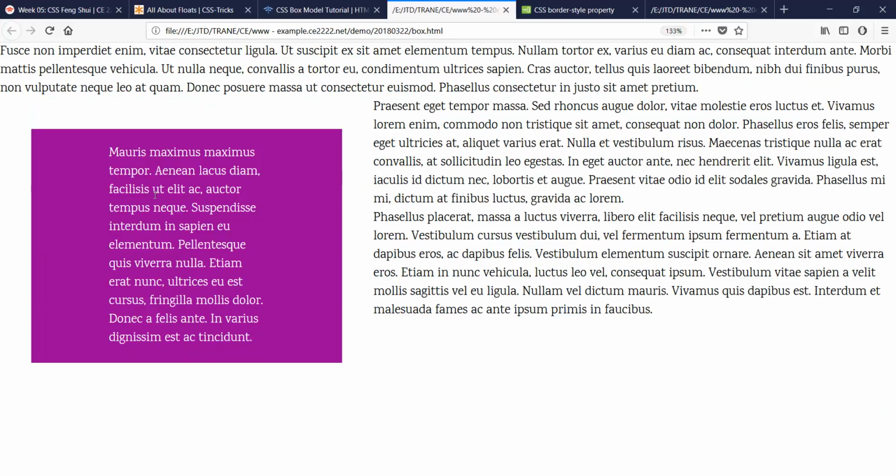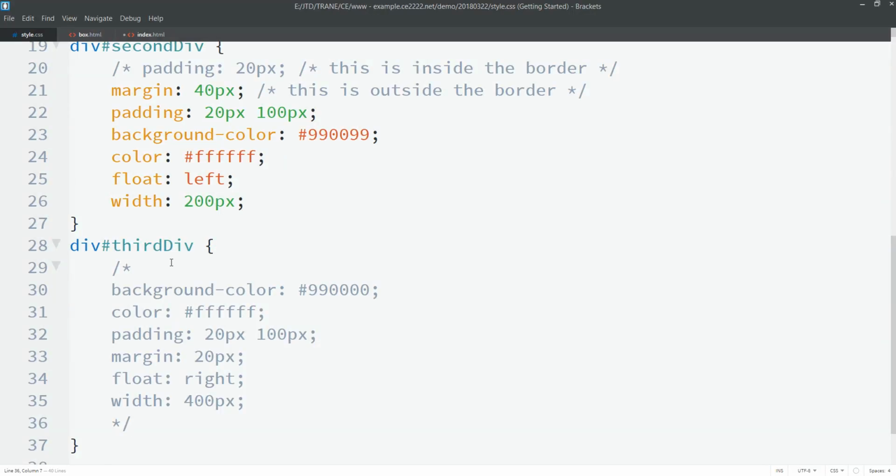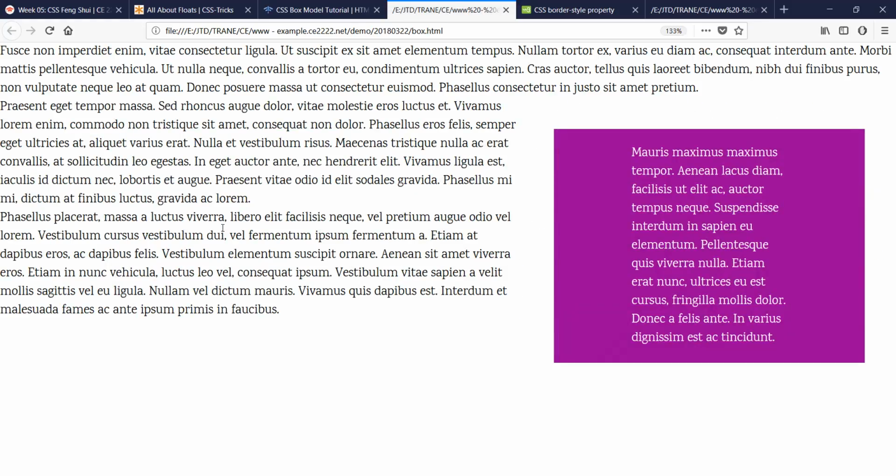When we just have the second div set up with the float, and we have a specific width to it, the third div, the one that starts with this, again, is trying to wrap around this that we are setting up to be a float on the left. If we had the second div float right, then it's going to put this paragraph itself, or this div, on the right,